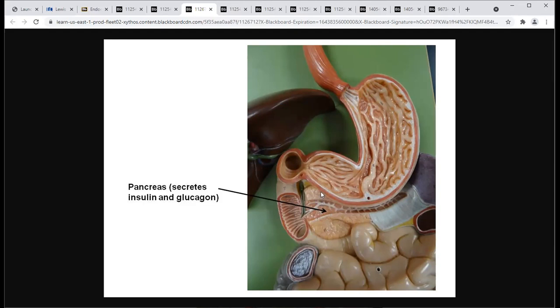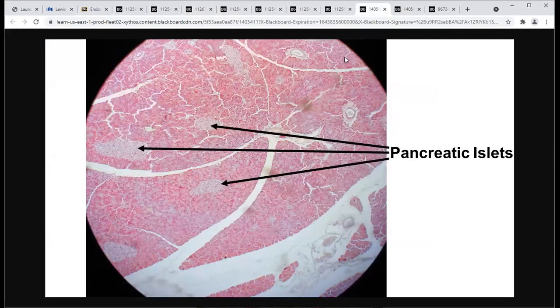Pancreas is usually pictured behind and a little bit underneath the stomach. You can see the cut open middle of the pancreas on this illustration. When it comes to the microscope slide, here you see an overwhelming amount of these darker pink cells. Those cells are working to make digestive enzymes, but the smaller clumps, the pancreatic islets, you see a few labeled